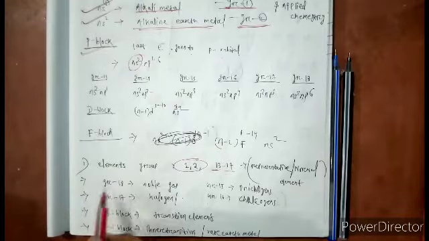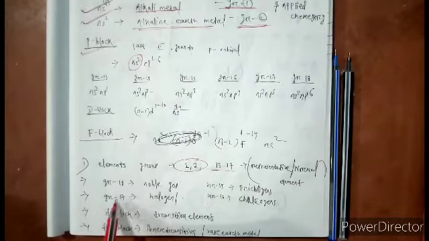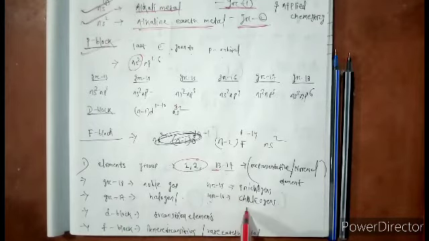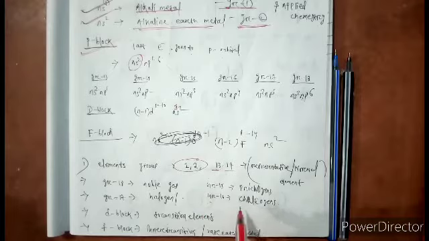Group 18 is the noble gases. Group 17 is the halogens. The d block is the transition elements. The f block is the inner transition elements. Group 15 is the pnicogens. Group 16 is the chalcogens. And 58 to 71 is the lanthanides, and 90 to 103 is the actinides.